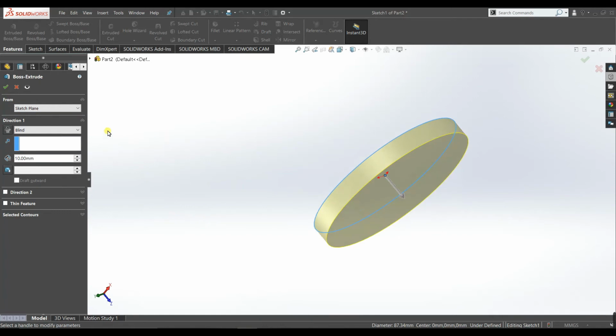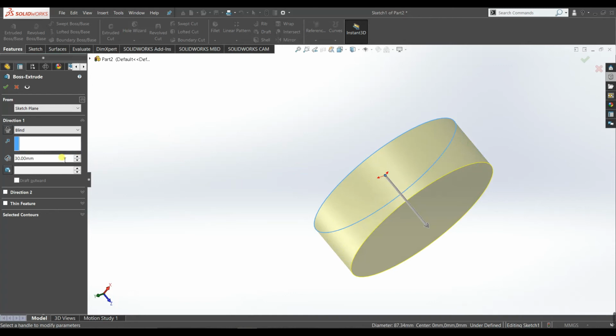Okay, now if you select this, you will see a little bit of options here. Up to vertex, up to surface, offset from surface, up to body and mid plane. I will talk about blind and mid plane only. Later I will use other commands in our other exercises. So if you choose blind, then the sketch will be extruded by a distance you give it here. For example, I give it 30 mm. Now you can see the body has been extruded for 30 mm. The distance between the sketch plane and the outermost surface is 30 mm.